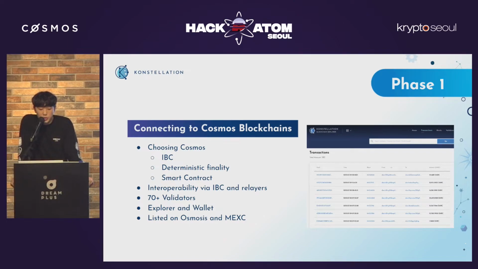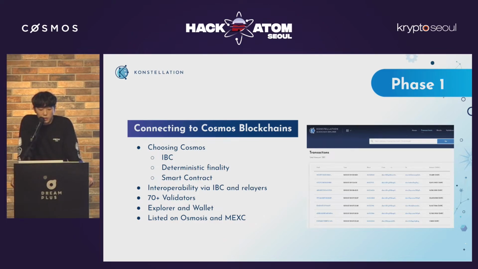Also, deterministic finality of Tendermint was another important consideration. Bridging two heterogeneous blockchains is a pretty complex task, and having a ledger with deterministic finality for the bridging significantly reduces development effort. So it makes a lot of sense to use Tendermint to build a bridge, I would say. And if Konstellation Network were based on a probabilistic finality ledger, then the entire process would always be probabilistic, which makes it tricky to cover all edge cases.